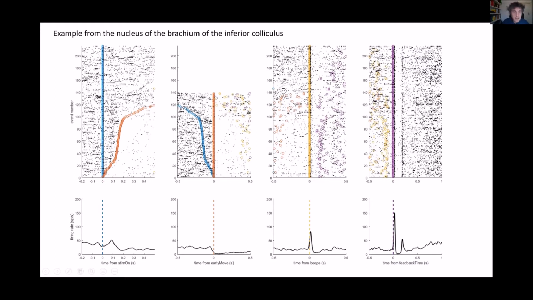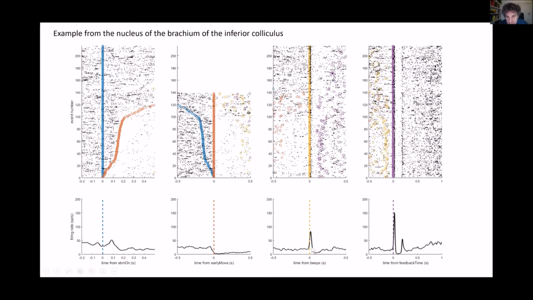But in any case, one thing you see there seems to be some sort of activity coming after the visual stimulus came on. Again, it may or may not be driven by the vision. But what you see very clearly is this very strong silencing after the movement. And you can see now in this other alignment, when we align to the movement, the silencing by the movement is very clear. And it does look like there's something that's being triggered by the visual stimulus, even in the inferior colliculus here. But we see more if we trigger here, aligned to the